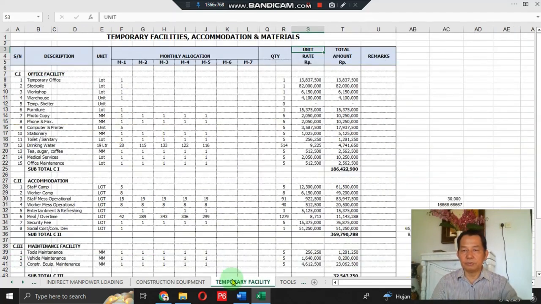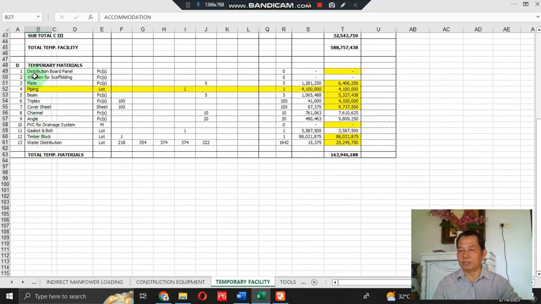And then we jump to temporary facilities, accommodation and materials. In this temporary facilities, accommodation and materials table, same: subject number, description, unit, the monthly allocation here, quantity, unit rate, total amount, and remarks. First, for the office facility, any temporary facility, stockpile, workshop, warehouse, and office maintenance, and any accommodation here,